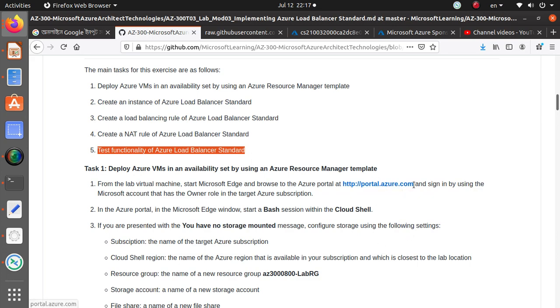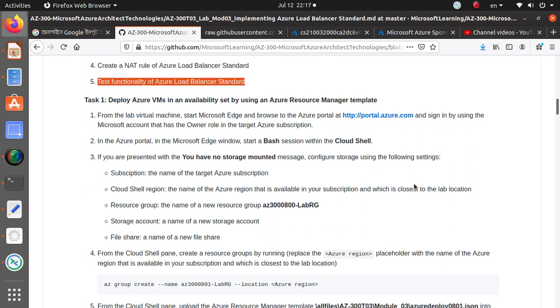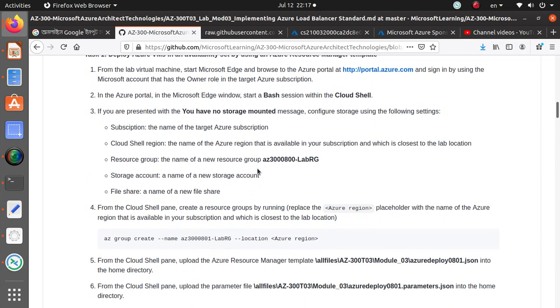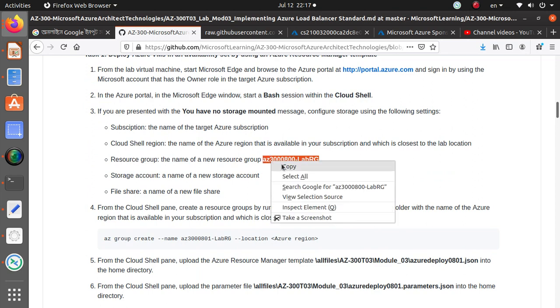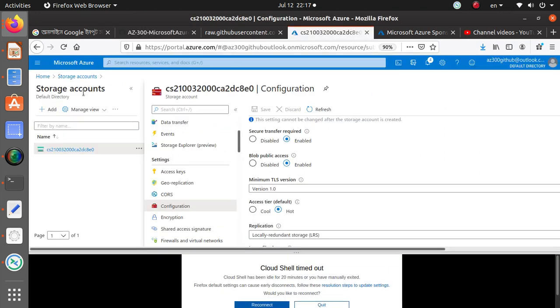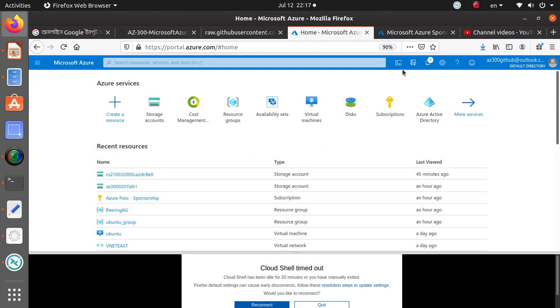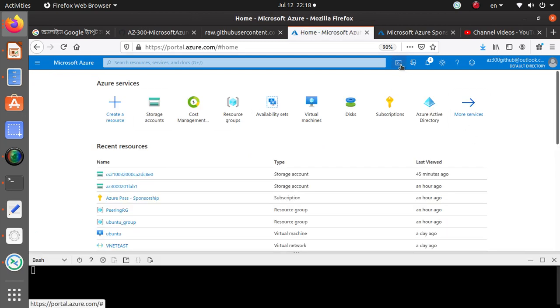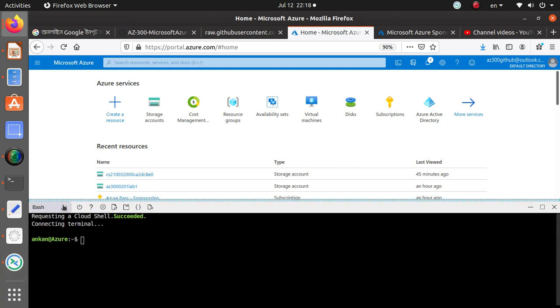So what we're going to do, we're going to go to the portal, and we're going to create a resource group, and we're going to create the resource group using our CLI command. And for this lab, I'm going to use East US as the resource location. Okay, so let's go over to the lab. To get to your Cloud Shell, you just click on this icon, and that should open up. If it opens the PowerShell one, click on this one and go back to your Bash, because for this particular lab we're going to use the Bash commands